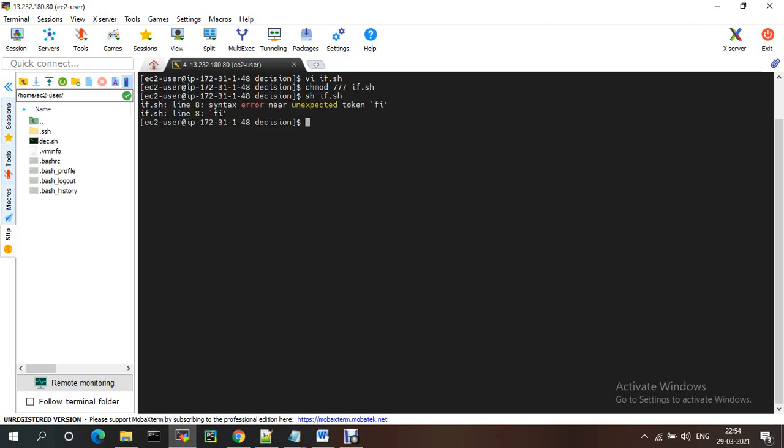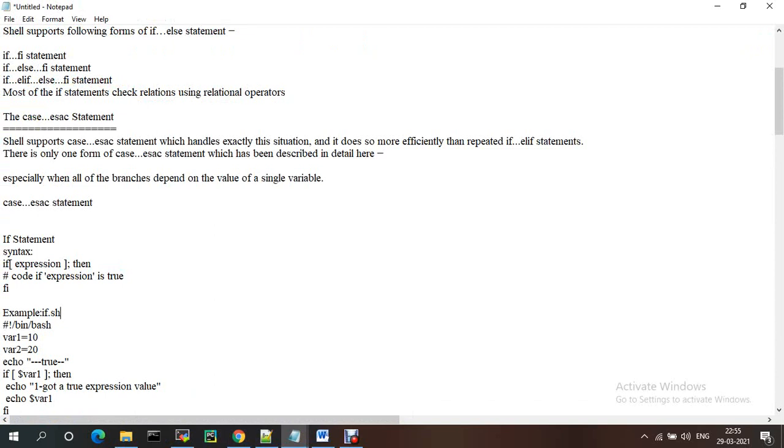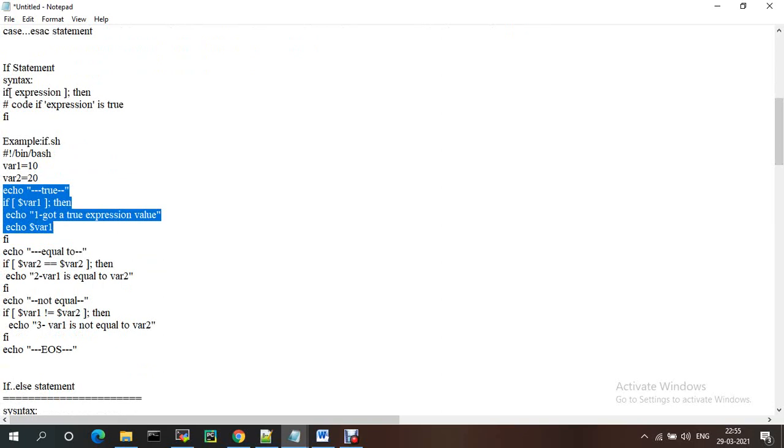Unexpected if at line number 8. Let me check. Closing, opening, closing, opening, closing, and equals to, and this statement.